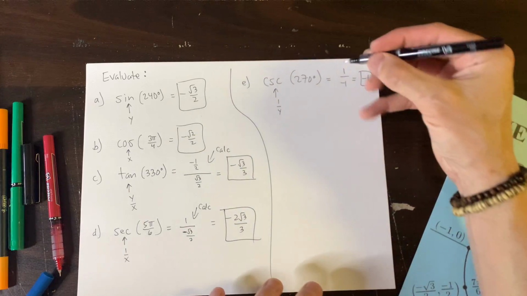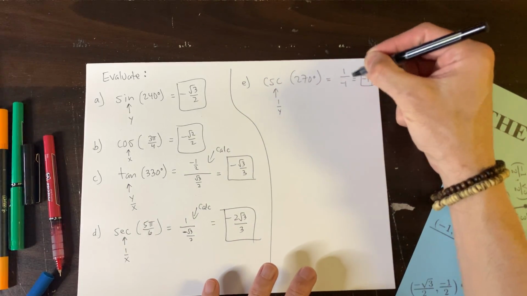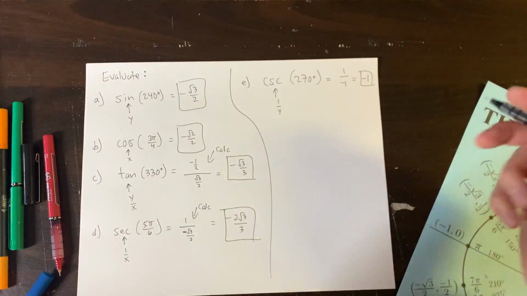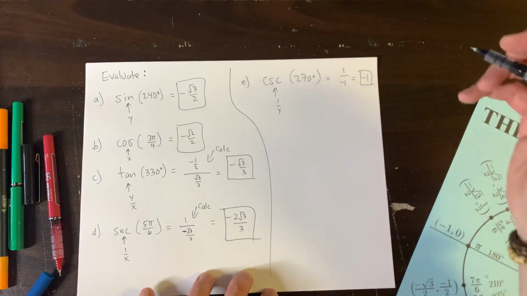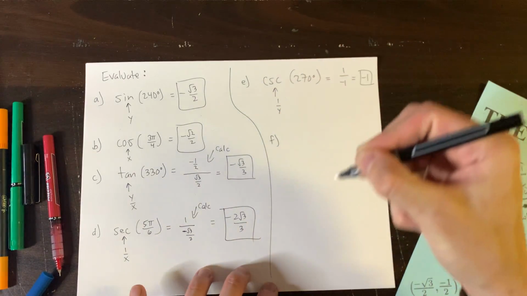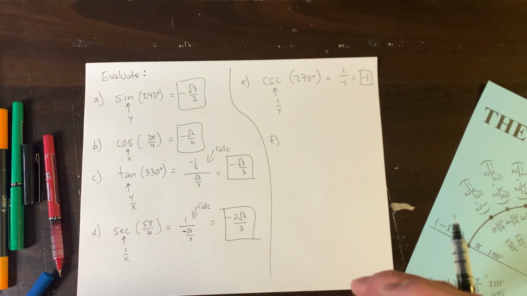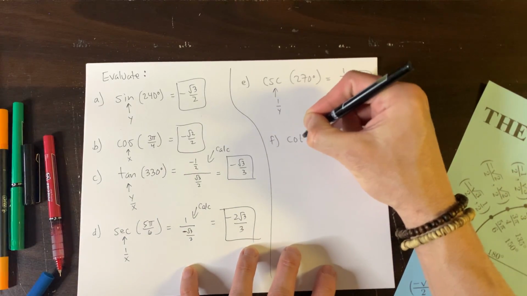Hey, by the way, if the problem had been like 1 over 0, it would have been undefined. Anytime you find yourself trying to divide by 0, it would be undefined. Until you get to calculus when they talk about what it means to divide by 0. So anyways, let's try one more, and then maybe this one will give us the ability to have a quick little discussion. So the last one for today says this: the cotangent of